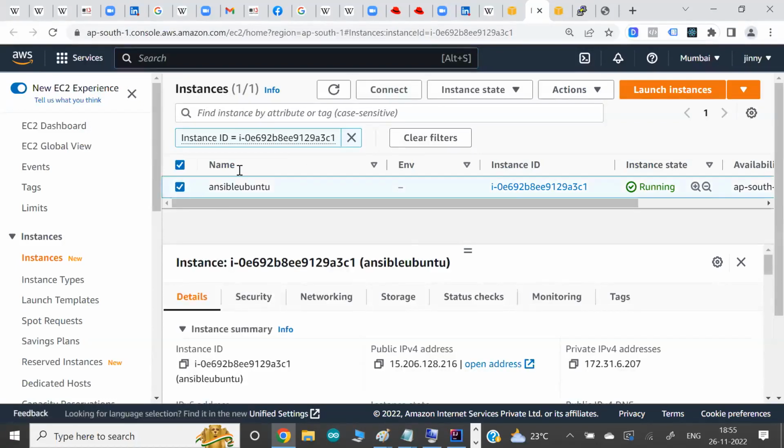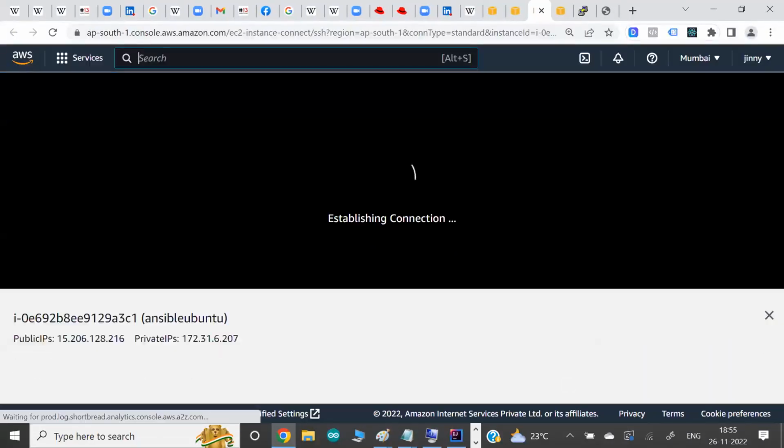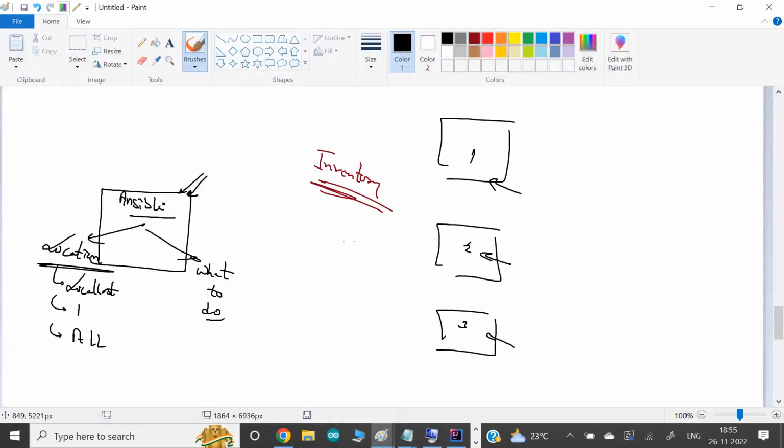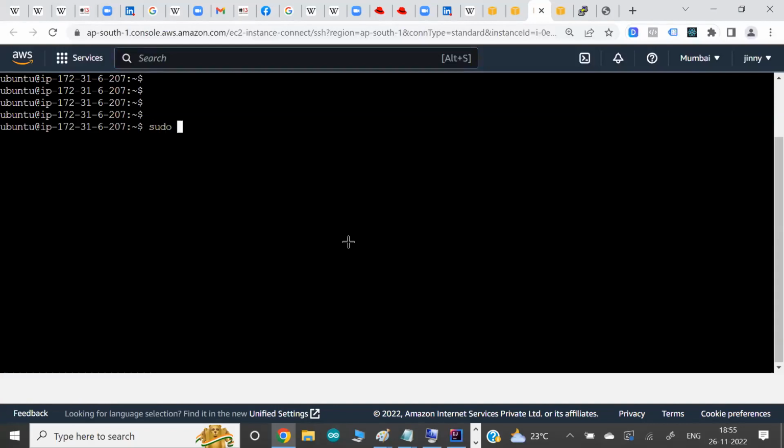So let me log into this Ubuntu OS. There's a direct way to log in. We used PuTTY, but we can also log into Ubuntu directly from the browser. The only thing we need right now is to install Ansible. Even though there's a way to do things without installing Ansible on the OS too. How? In my next class I'll talk about it, when I talk about setting up the inventory. But right now, let me log into this OS.